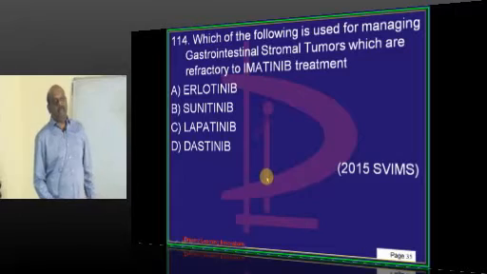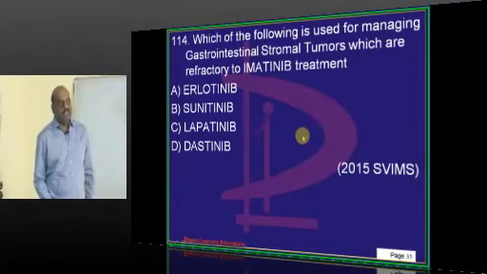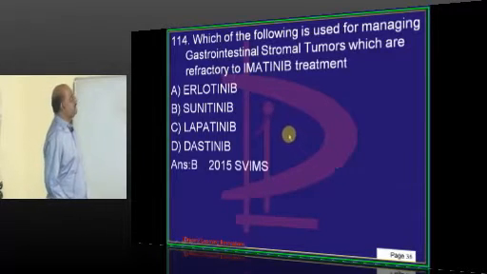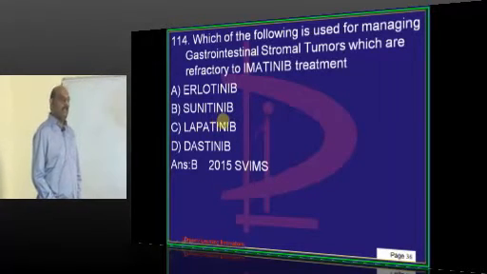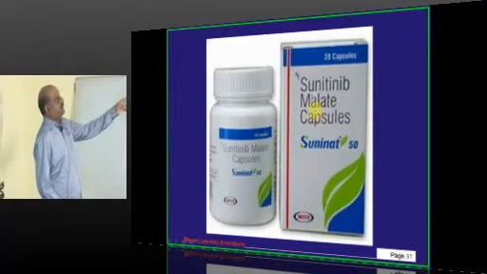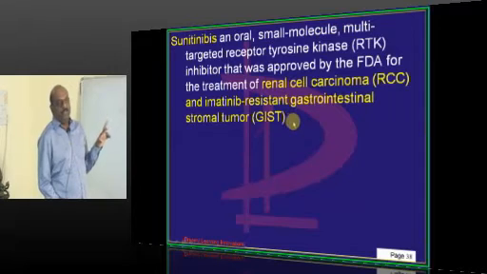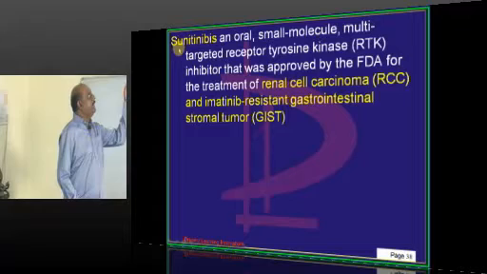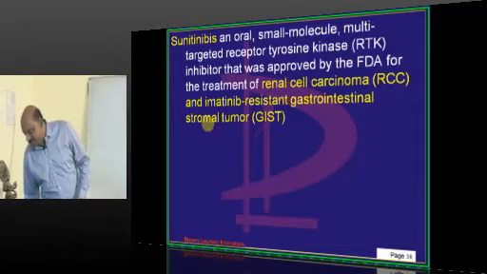Other GIST tumors, imatinib mesylate is used. If they become imatinib resistant, then what is the drug of choice? Sunitinib, which is the big brother of imatinib, is the one which is used. Sunitinib malate capsules are the ones. There are two places where they are used: imatinib resistant GIST tumors, and also in renal cell carcinoma you will be using sunitinib. And in fact it is one of the first drugs